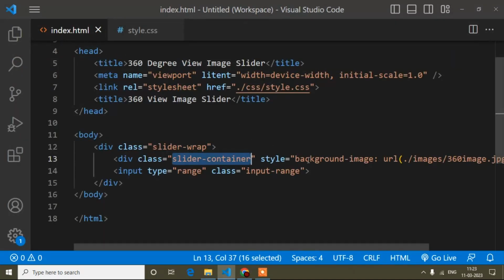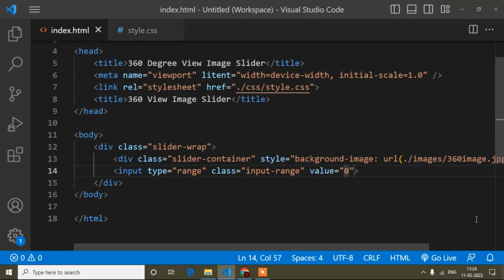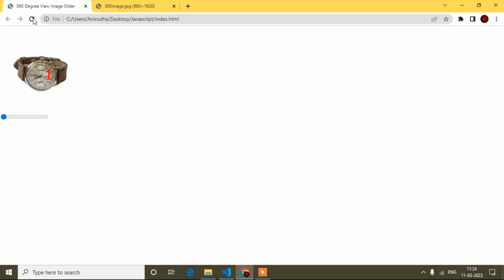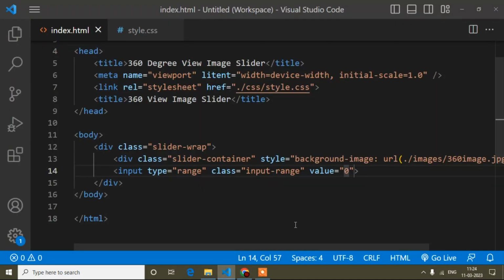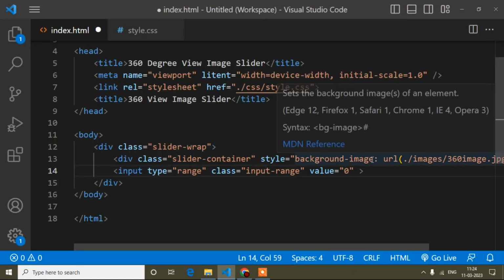So in HTML, in the range slider, I will write value is 0. Now the value is 0, which means it will come to the 0 position. And here I will write step. When I slide this, I can mention the step.